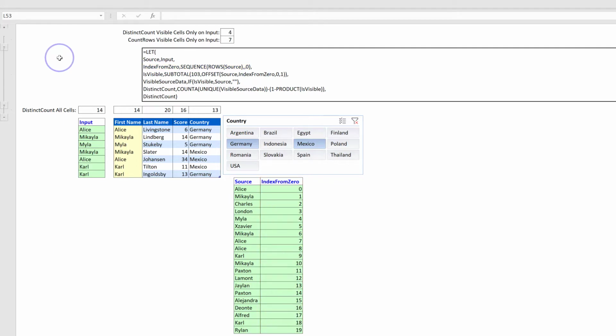Next, the third step. Well, the third step is the pièce de résistance of this 5-course meal. I call it is visible, and it's the most intricate step of the entire formula. What we want is a flag that indicates whether or not a record is visible, and this for every record in the source vector. That exact result is obtained by this intricate formula. Here's the result. Let's analyze this.